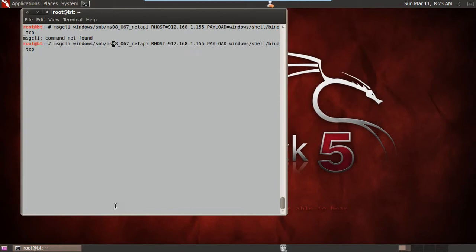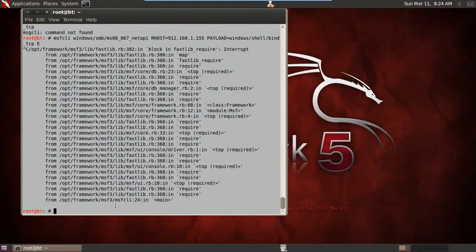So using the MSF CLI, you need to only specify what exploit you are going to use, the rhost value, the payload value, lhost value, lport value, and any number of information you can provide. And after providing this information, you need to type E and press enter. Right now this IP address is not valid, so it won't be exploited. So the E symbol is used for exploiting.